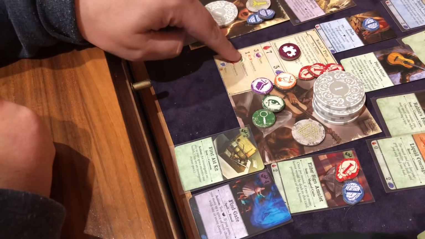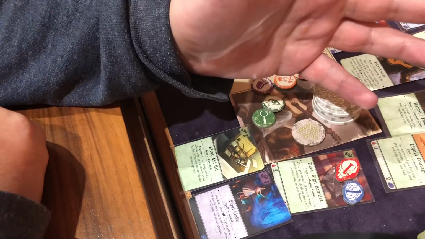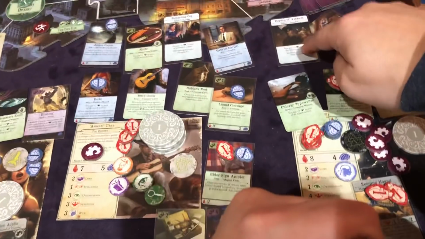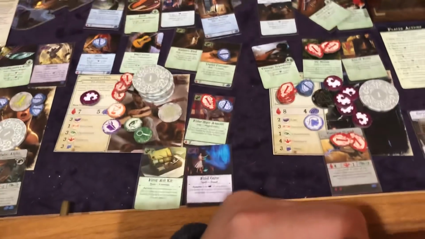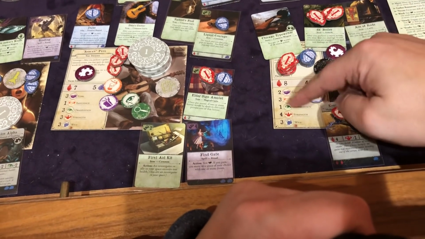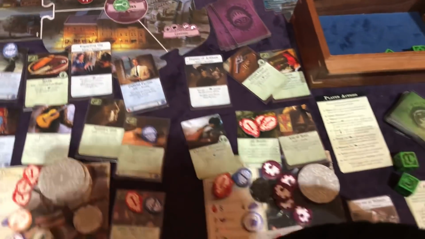Now his influence is 2, so McGee can also get a focus. Normally he can only have 1, but this cop here, the deputy of Arkham, lets him have 1 more. So we're going to give him another one, and there's a lot of them to choose from, but we're going to give him an eyeball because evading is nice,